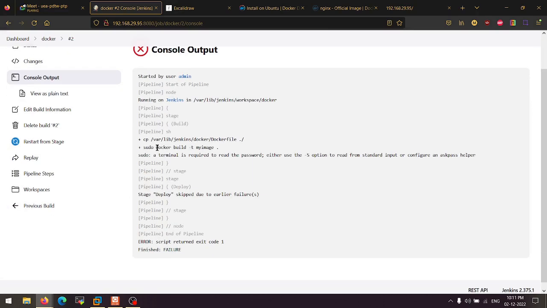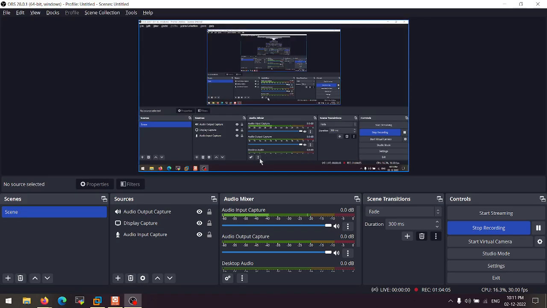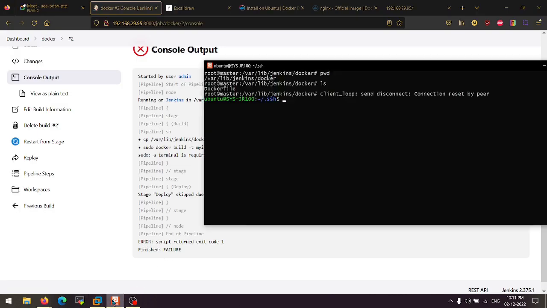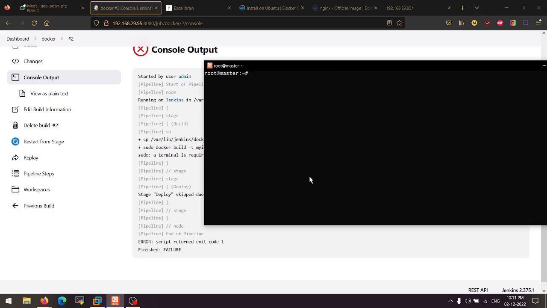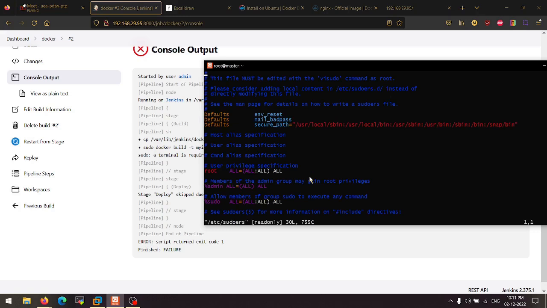It says sudo: a terminal is required to read the password. Oh, forget that. The sudo is also not provided to the system. So let's do sh and let me give the sudo permission to this Jenkins user. Okay. So if you guys don't know how to give the sudo permission to a user, this is the way.